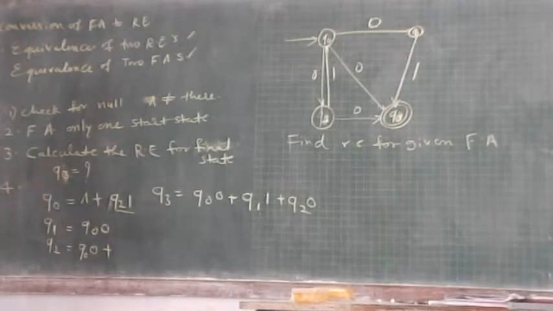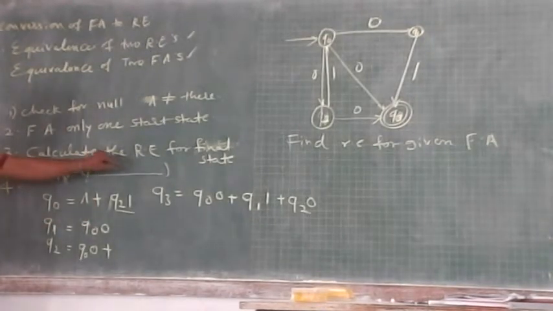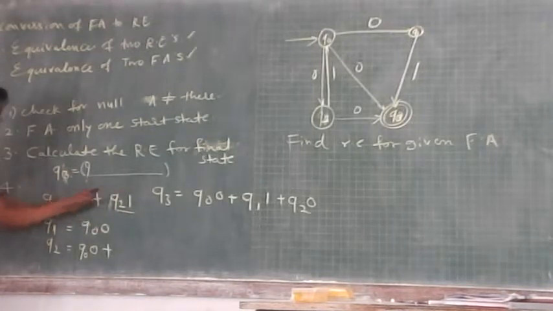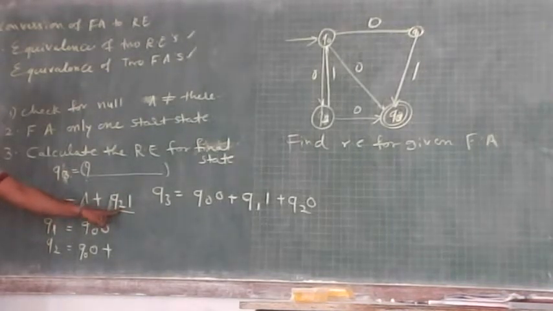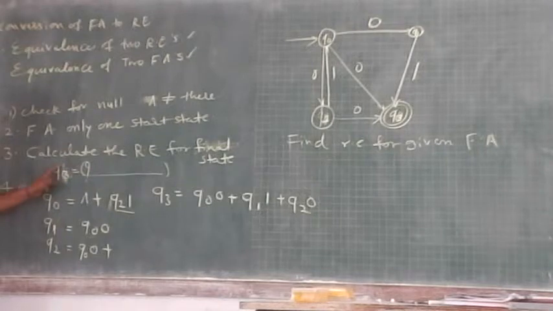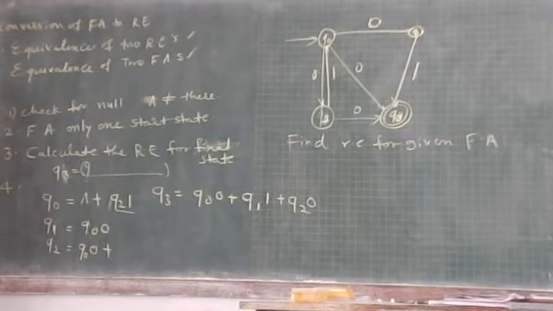Okay, so we have received very simple expressions. Here we are asked to come up with Q3 equal to a pure regular expression without any state within it. These terms you can consider as expressions, but within this Q2 is there. This is again an expression, but here the state Q0 is there. So at the end we should have a pure regular expression in which there are no states. So we are asked to have a regular expression for Q3.